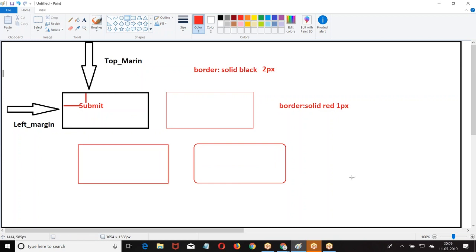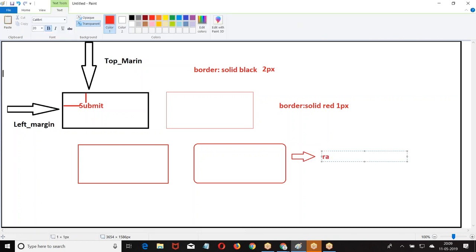now what is the difference that you are finding? The curves here. That's called border radius. What was this called? Border radius. Now how much curve you want to give? If you don't give any curves, it is going to be just a border. In the border, you want to give curves. Border radius. How much curve you want? So, what are the basic properties we have? Margin, padding, border, and border radius.